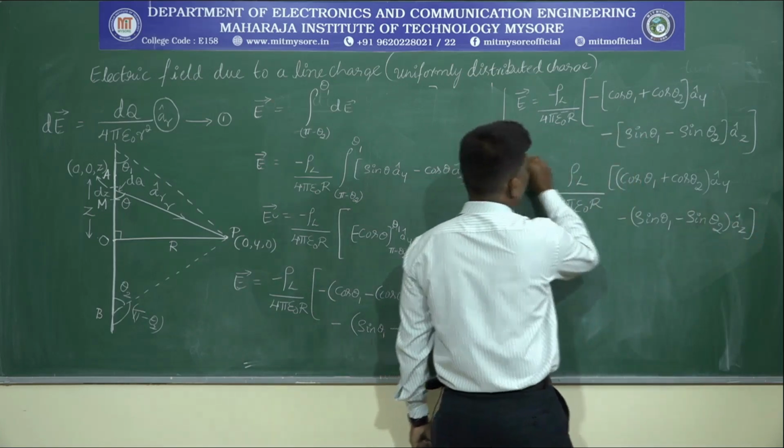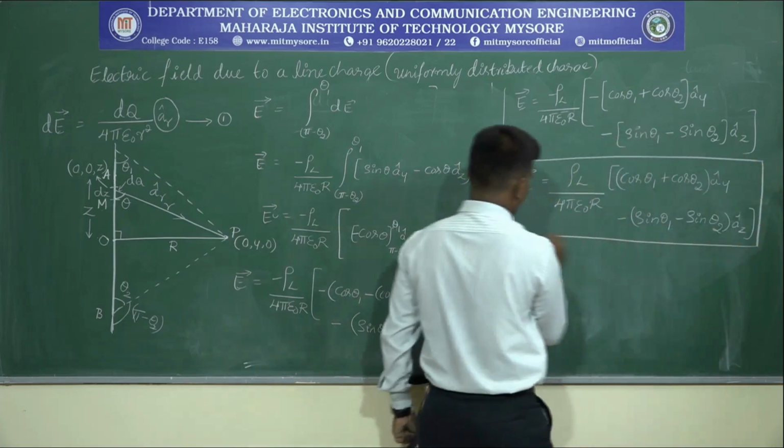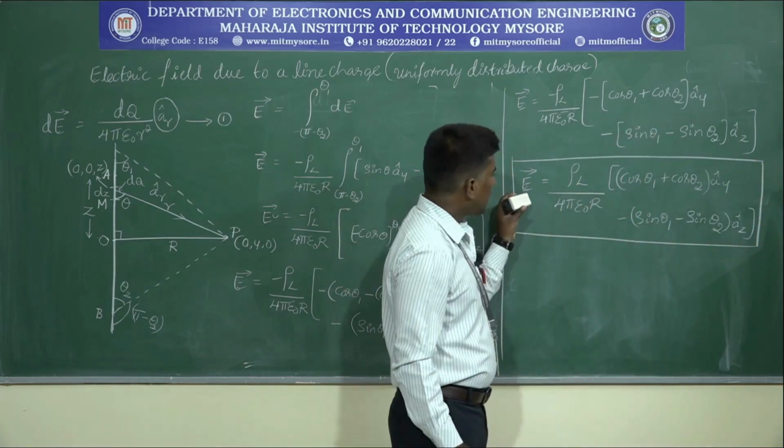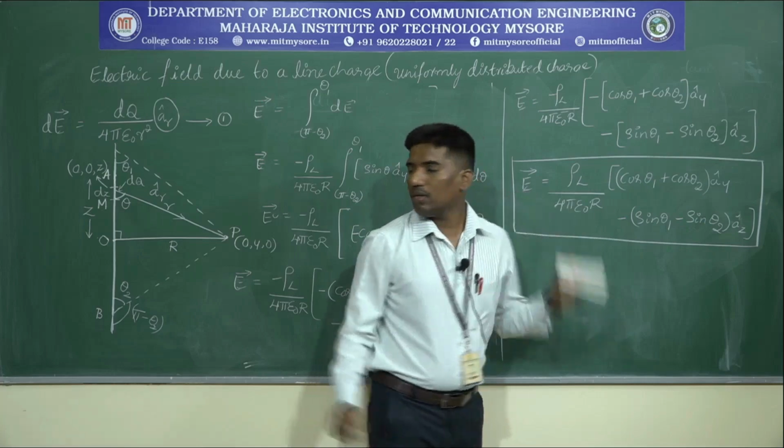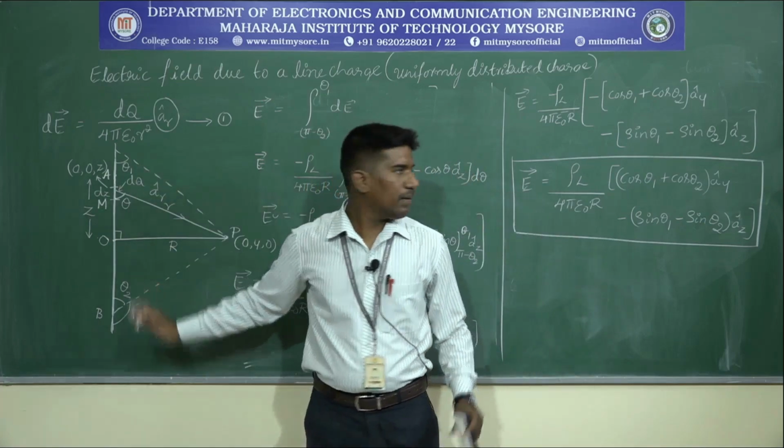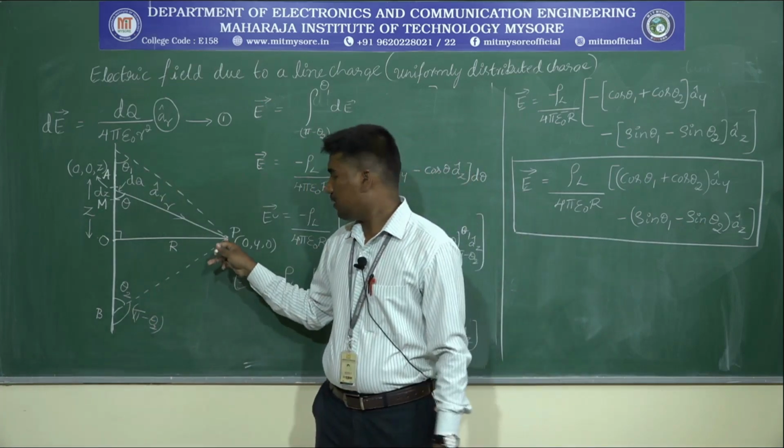This is the total final equation for total electric field intensity due to the line charge at point P